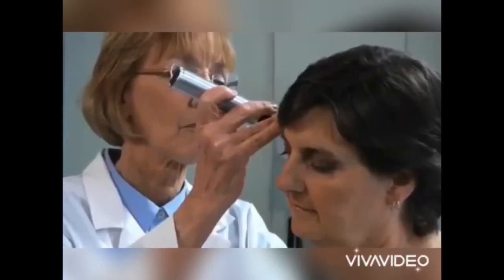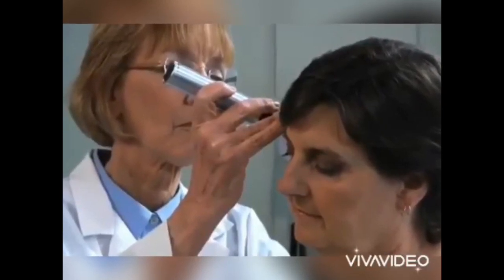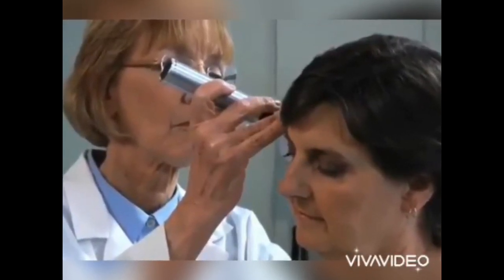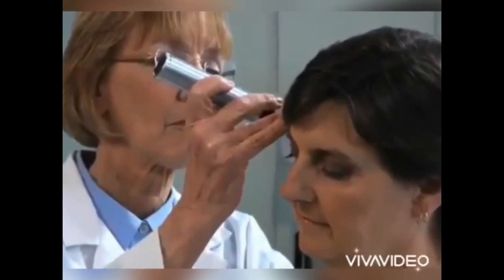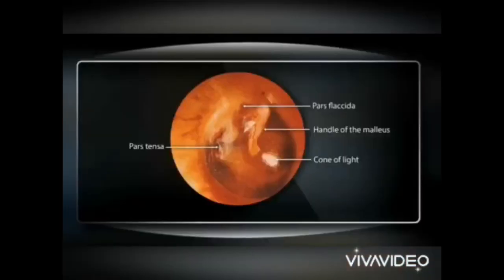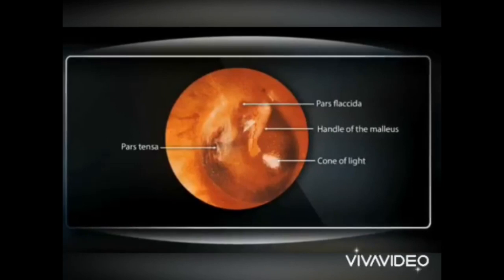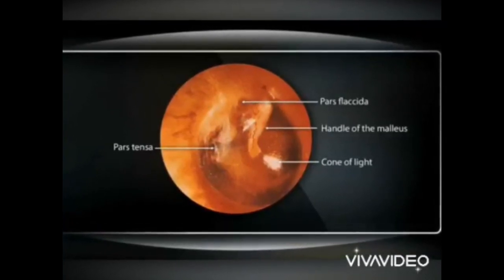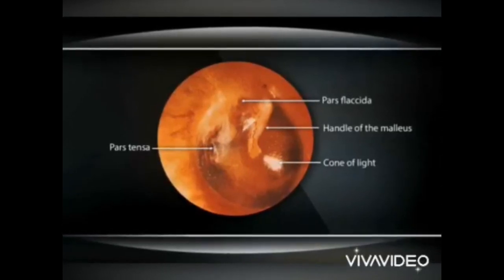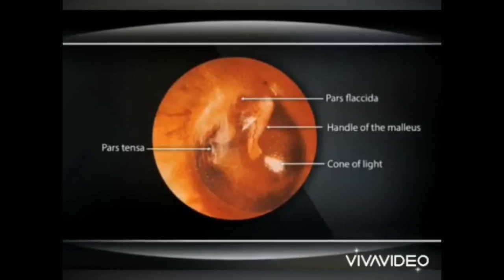For the otoscopic examination, select the largest speculum that the patient's ear can accommodate. Then, to straighten the ear canal, grasp the ear of the adult firmly but gently pull it upward, back, and slightly away from the head. Now, while examining the internal ear with the help of the otoscope, we should note the position of the malleus, stapes, incus, umbo, pars flaccida and pars tensa, especially the position of the short process of the malleus and the handle of the malleus.